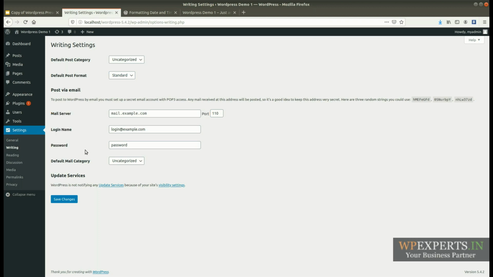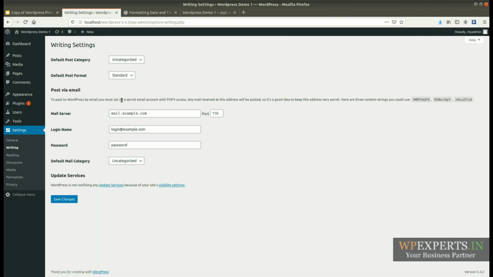Like if you want to implement SMTP, in that case you can define the mail settings for SMTP here. You will need to define the mail server login name and username, and you can define the mail category here as well. So this is the post by email settings.